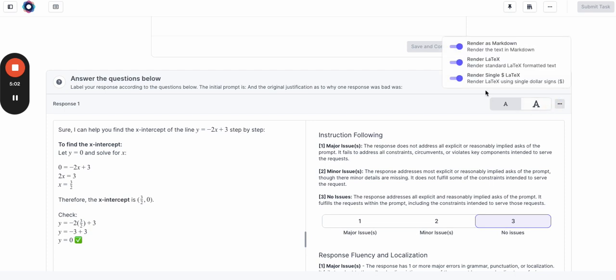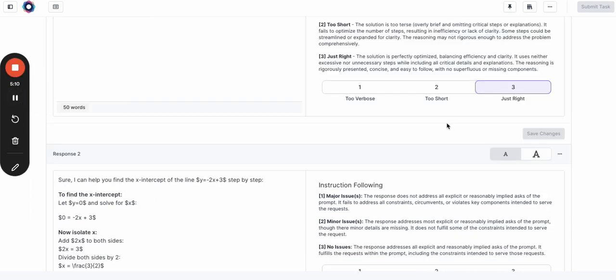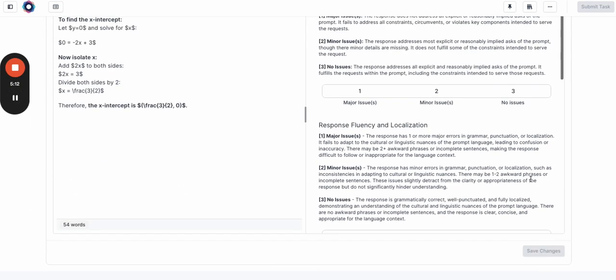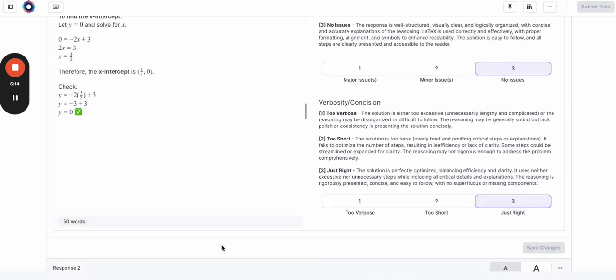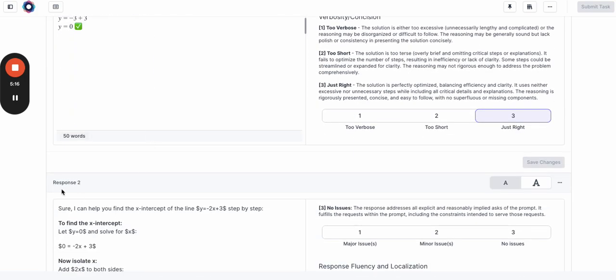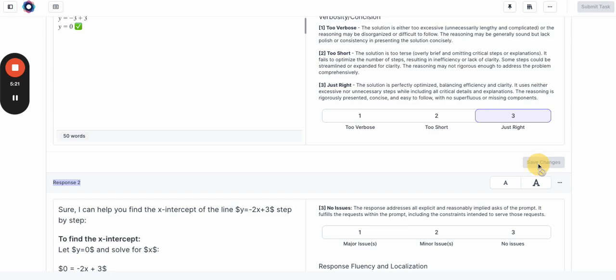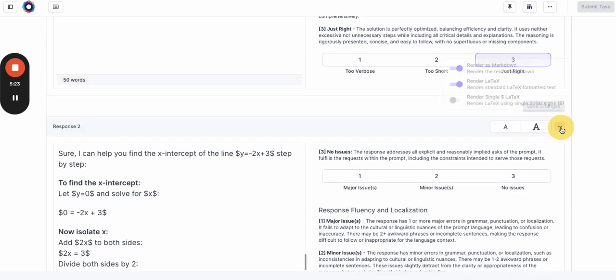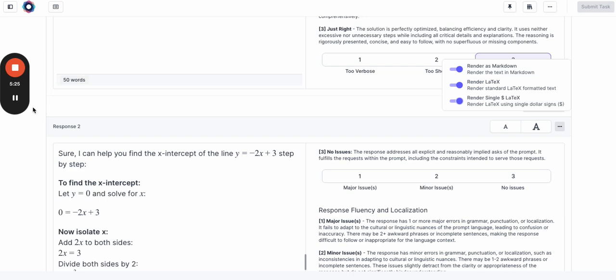So let me take that away. Look here, it has all the dollar signs and stuff. It's very tough to read. I click this, now it's very easy for me to take a look at. Another important thing, the save changes, it's not just at the bottom here. Each response, so response 1 and response 2, both have save changes. So click save changes for response 1, then go on to response 2, click here again, render LaTeX, and then do